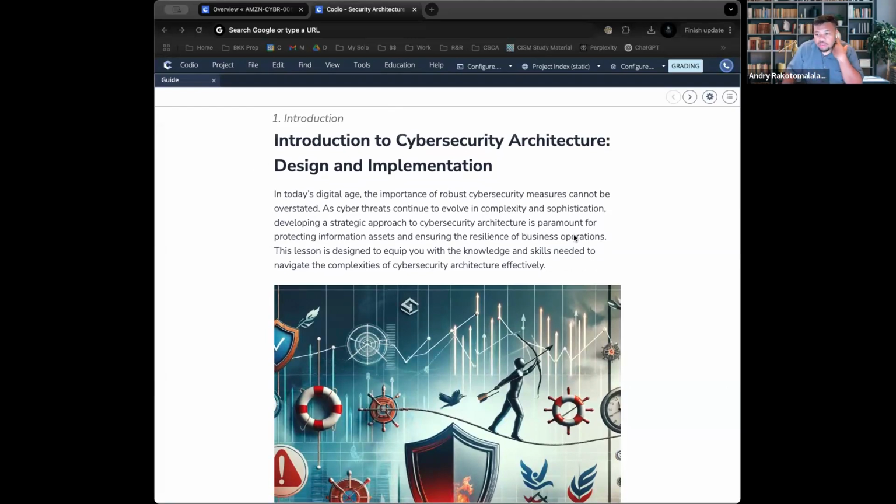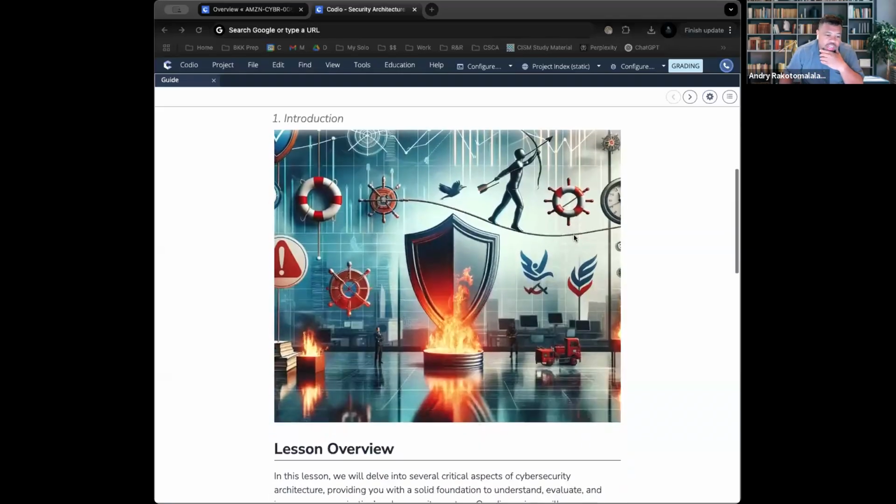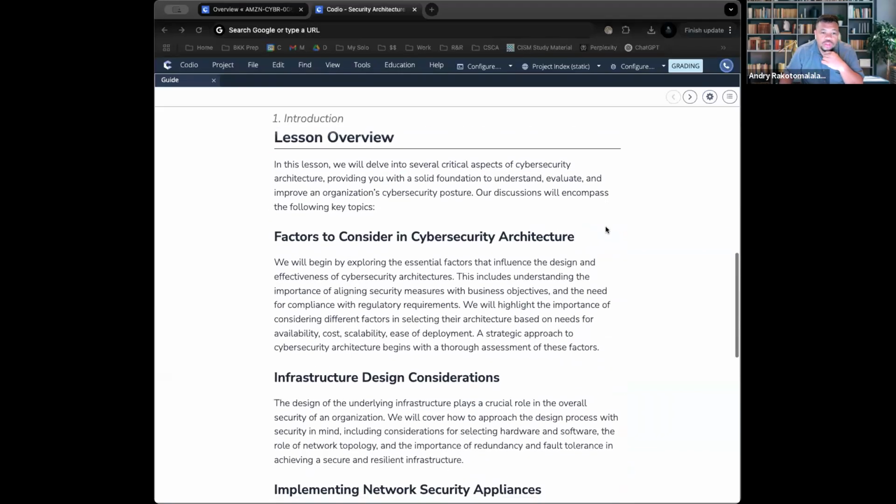Now, when we're talking about the how, it's talking about the different technologies being used, the different policies and standards, and the different practices that different teams are going to have to do in order to secure their assets. At the end of the day, security architecture is to protect assets of the company. Remember, assets is not just documents, it's not just proprietary information. Employees are also assets. And as you remember me saying time and time again, your number one goal in cybersecurity is to protect human life.